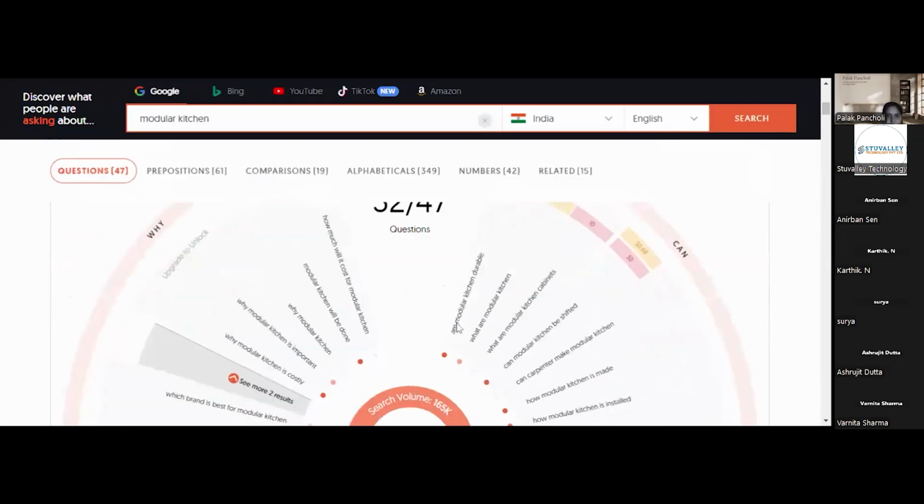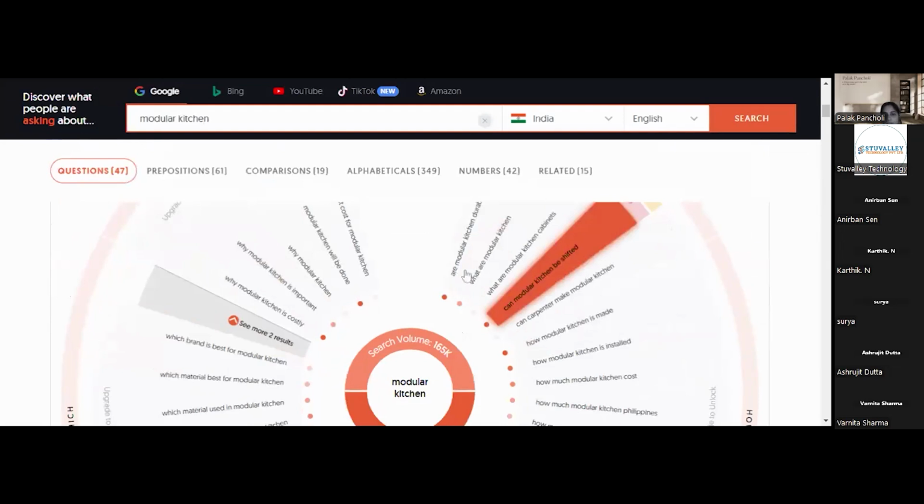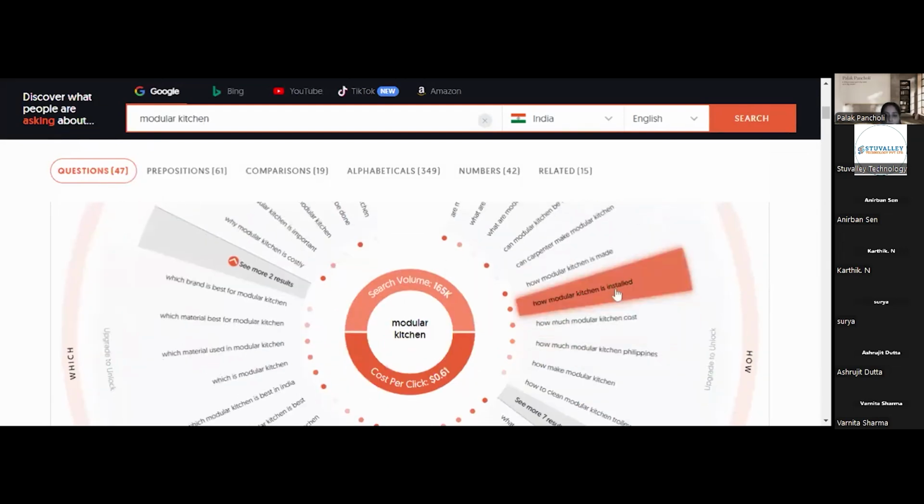So these are the 47 keywords we have on the basis of questions, like why modular kitchen is important, why modular kitchen is costly, can modular kitchen be shifted, how modular kitchen be installed, right? These are question keywords related to your main keyword.